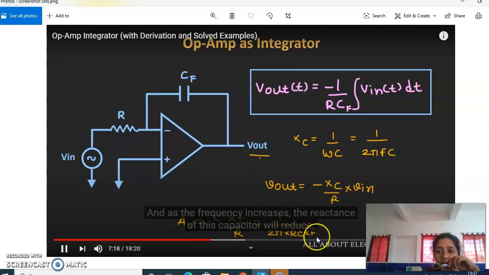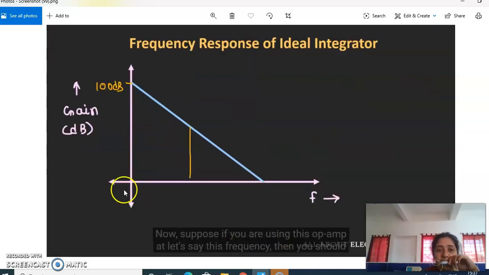So when we consider zero frequency, for example for the DC signal, the gain is equal to the open loop gain. The open loop gain is in the order of 10 to the power of 5 or 10 to the power of 6, so it is very high. So observe here, whenever the frequency is very low, that is f equal to 0, the gain is the same as your open loop gain in the linear case. When we consider the gain in dB, it is almost equal to 100 dB, right?